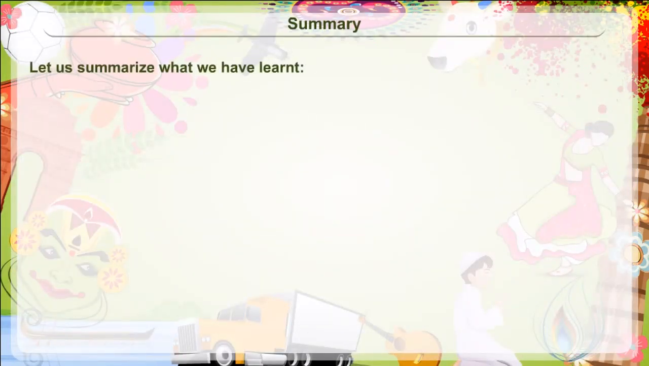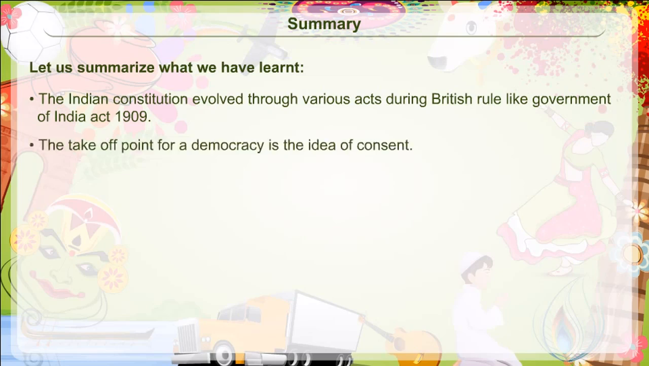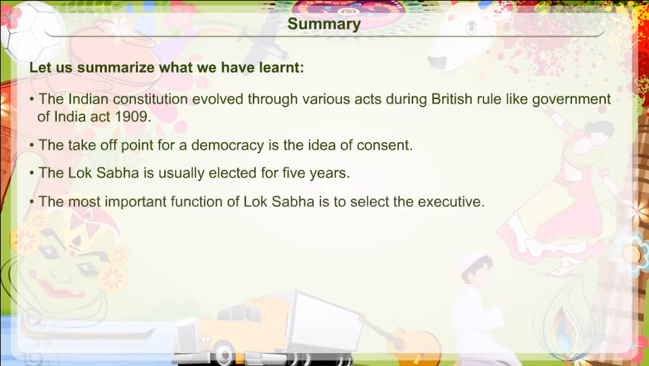Summary. Let us summarize what we have learned. The Indian Constitution evolved through various acts during British rule like the Government of India Act 1909. The take-off point for a democracy is the idea of consent. The Lok Sabha is usually elected for 5 years. The most important function of Lok Sabha is to select the executive. The Prime